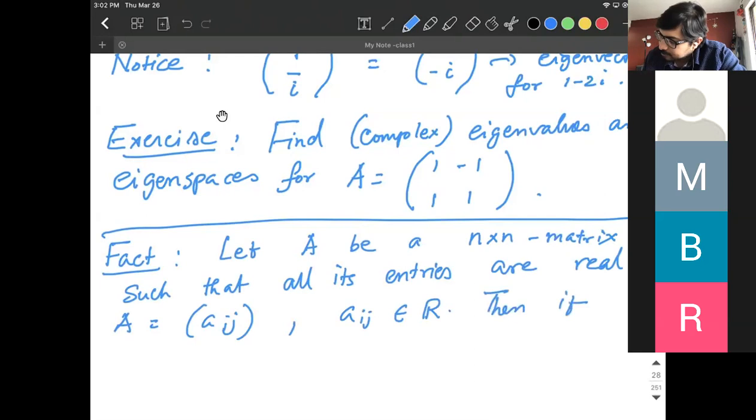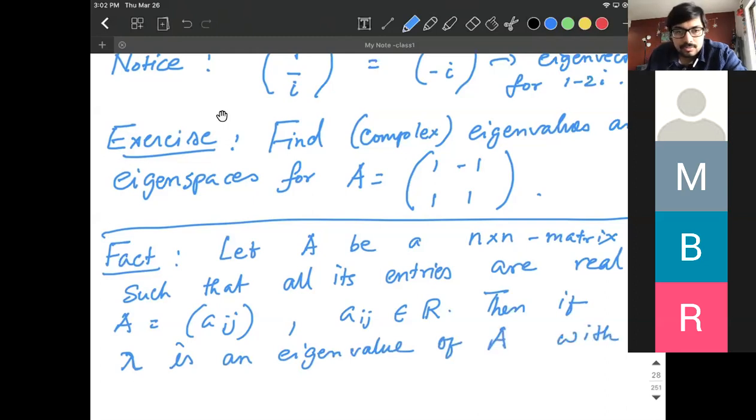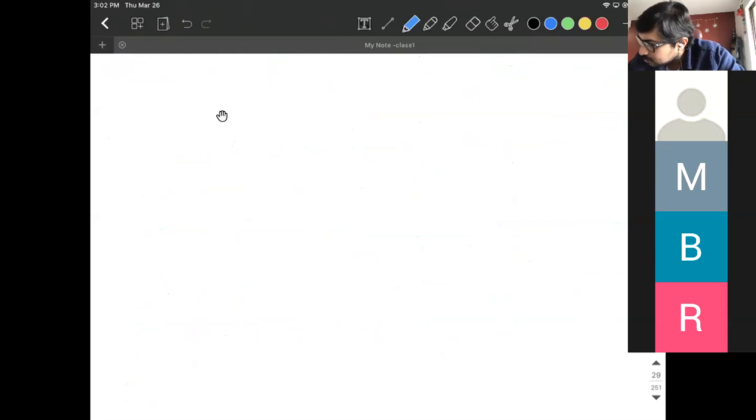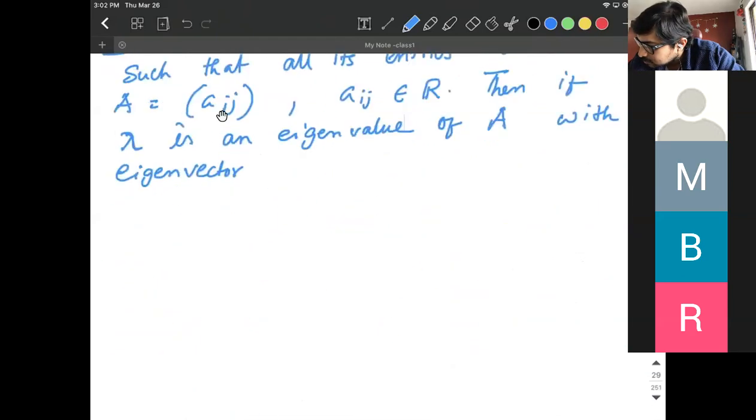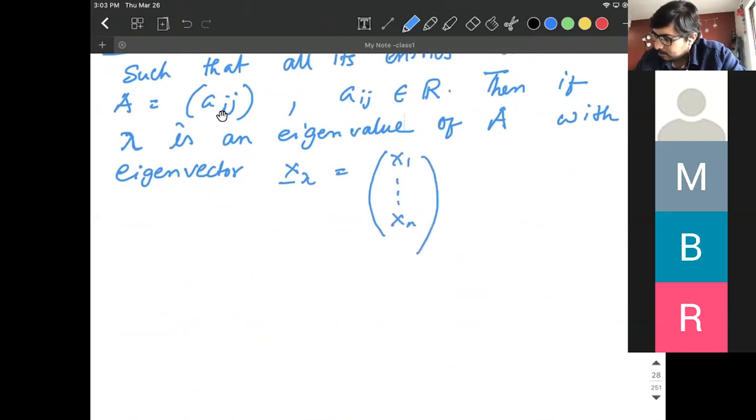Then if lambda is an eigenvalue of A with eigenvector x_lambda, that's the notation I used, let's say this is (x1, ..., xn), then, as I mentioned before, lambda bar, the complex conjugate of lambda, is also an eigenvalue